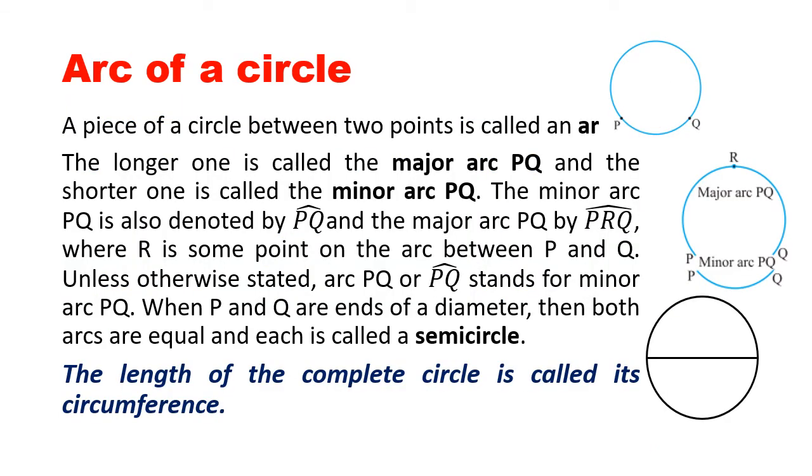Arc of a circle. Okay. Now to understand the arc of a circle, you can see this is a whole circle. Can you see this first diagram? This is a circle. Now what is the arc of a circle? This length here PQ, this part is called an arc. It is written as arc PQ.